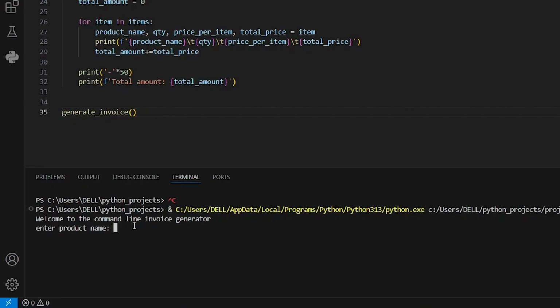So enter product name. I can enter this as car. Then enter the quantity. I can enter 2. Then enter the amount. I can enter 1000. It's going to prompt me for another product. So for this one, I can call it book. And for the quantity, I can put it as 12. And then for the price, I can put it at